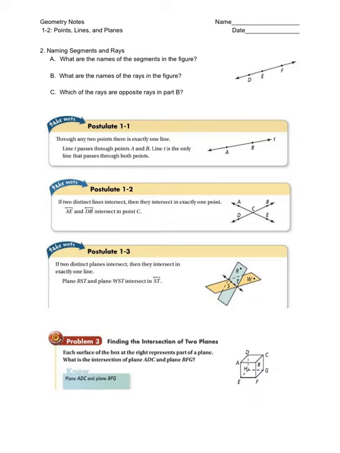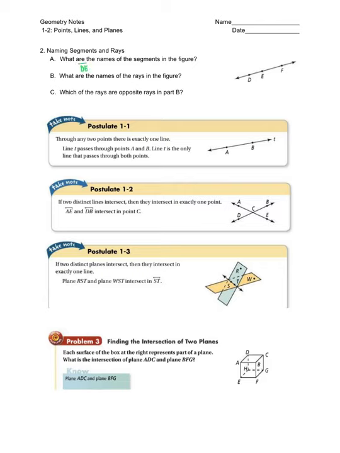Okay. So what we're going to be doing here is naming segments and rays. So for 2A, what are the names of the segments in the figure? So we need to name each line segment. So those are the ones that do not go on forever. So we have DE,